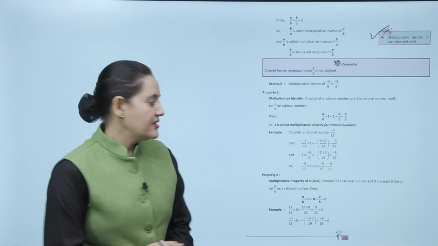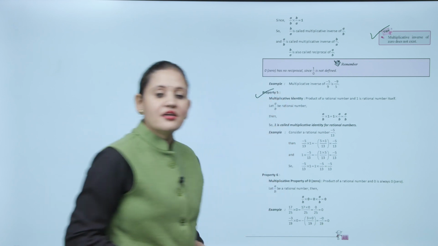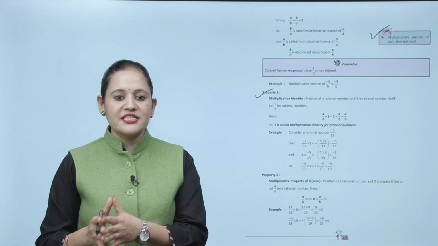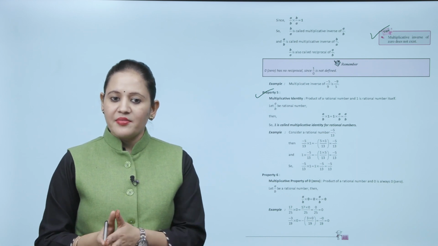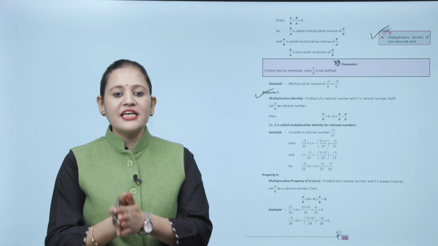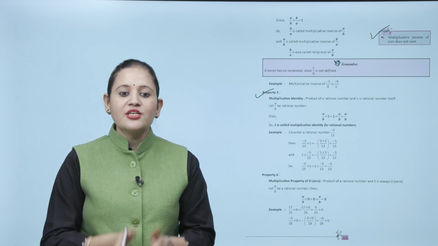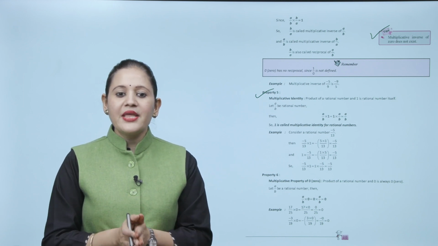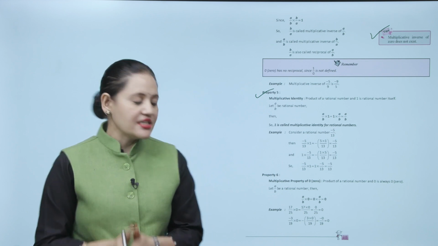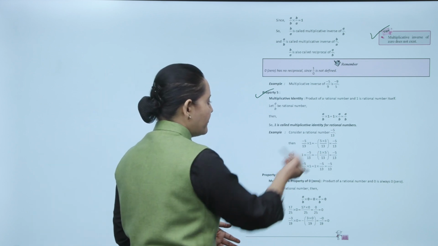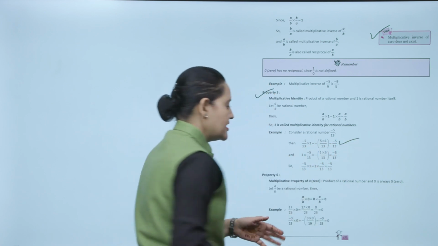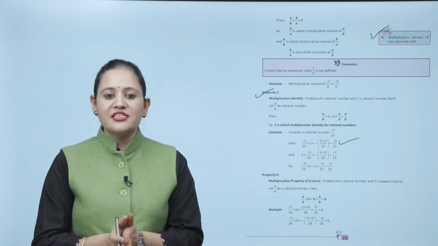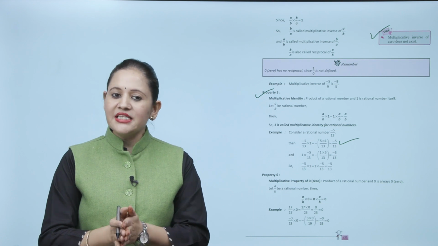Next, property 5, multiplicative identity. Product of a rational number and 1 is a rational number itself. Let a upon b is a rational number. If we multiply it by 1, we will get a upon b, the same rational number. So 1 is called the multiplicative identity for the rational number. Example, consider a rational number minus 5 upon 13. If we multiply it by 1, we will get minus 5 upon 13, same rational number. So किसी भी रैशनल नंबर को 1 से मल्टीप्लाई करेंगे, will get the same rational number. Clear? Next, property 6,